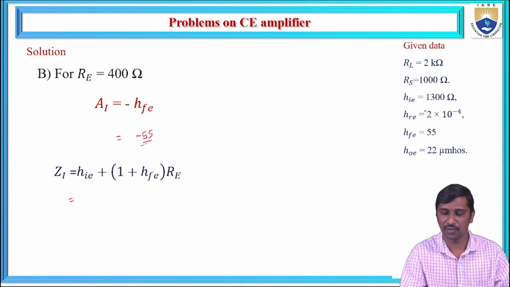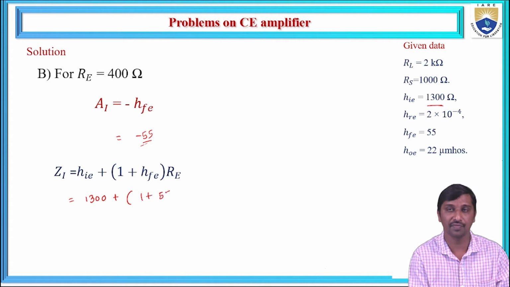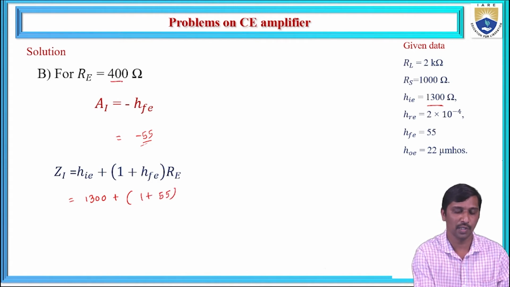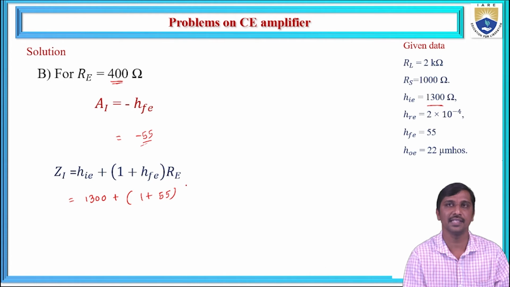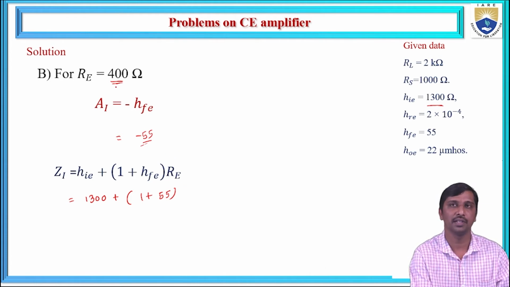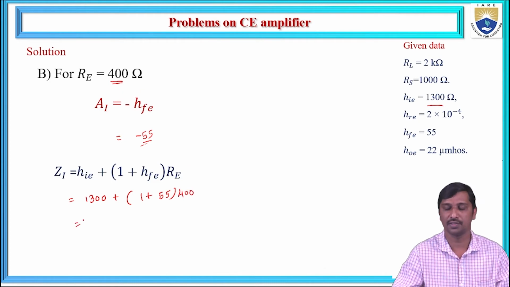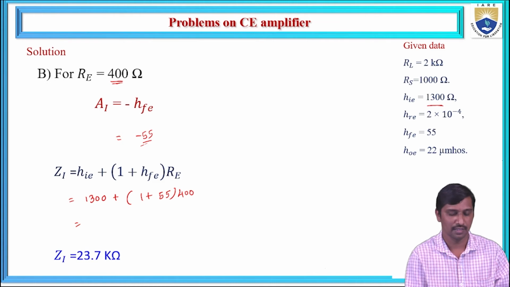So for this case, if you consider the hie value is 1300 ohms plus (1 plus hfe is 55), and now RE value we need to consider 400. In the previous case, we considered that RE value is 200 ohms. Now we need to consider the RE value is 400 ohms. If you solve this one, it gives that the ZI is